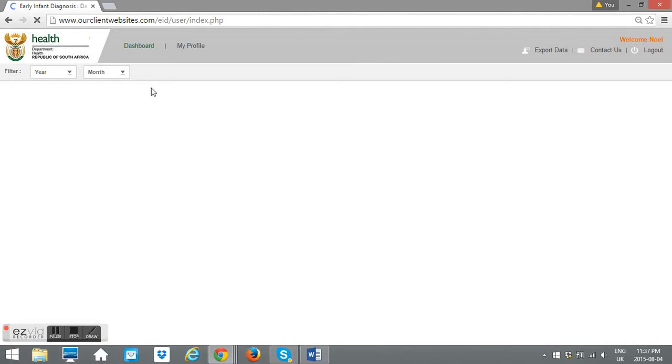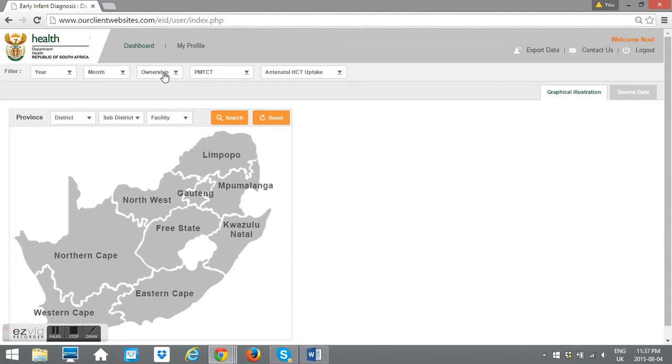And on our dashboard, we are presented with the following filters. We start with our primary filters, which is obviously year. We can go through and select year, we can select month. The rest are populated here. I can now select my ownership, the type, and indicator. Additional filters is province. We have our province map selector, the district, sub-district, and facility. Let's go through and